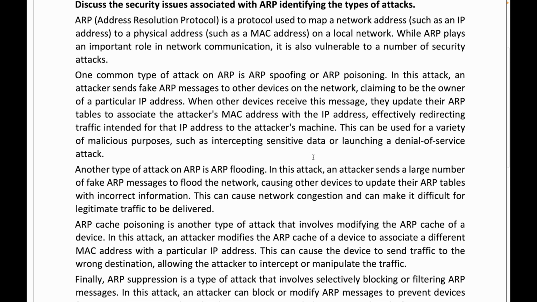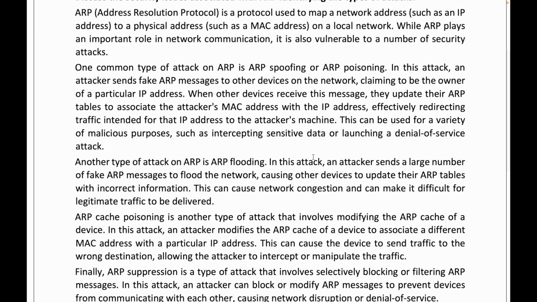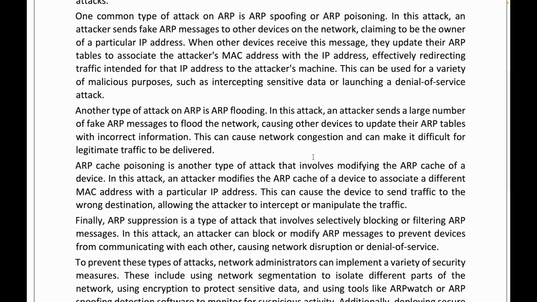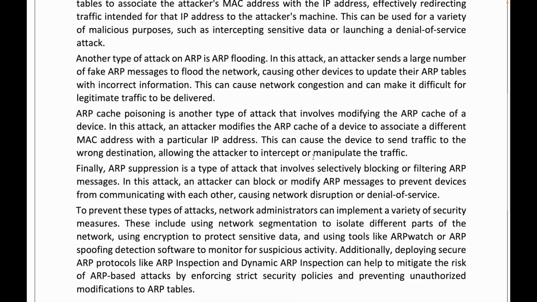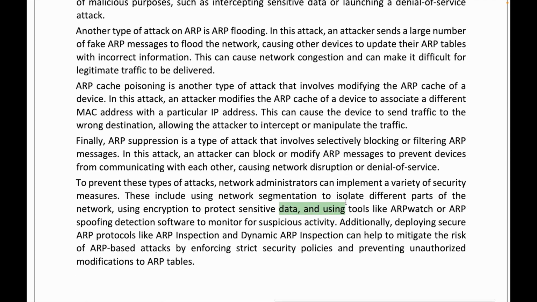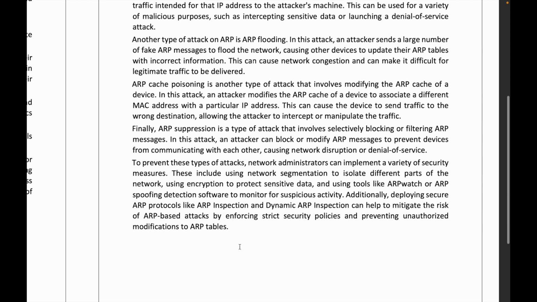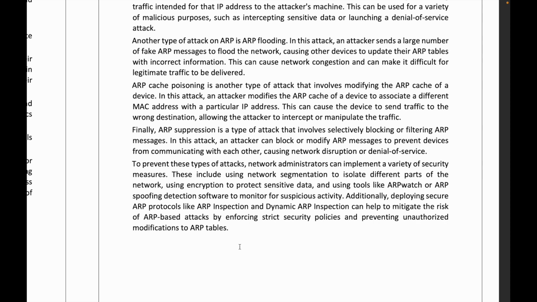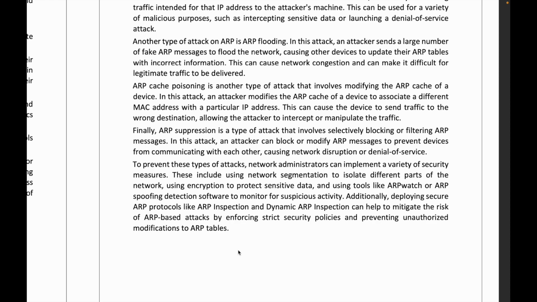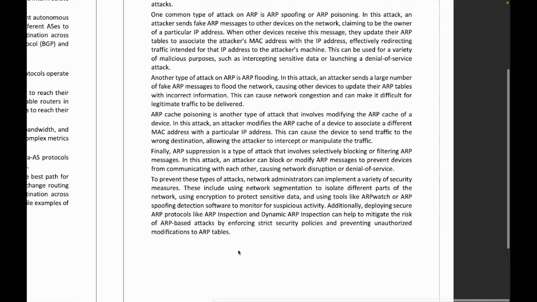ARP cache poisoning, and ARP suppression. To prevent these types of attacks, network administrators can implement a variety of security measures such as network segmentation, encryption, and tools like ARP Watch or ARP spoofing detection software. Additionally, deploying secure ARP protocol like ARP inspection and dynamic ARP inspection can help to mitigate the risk of ARP